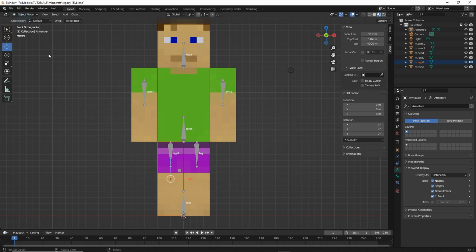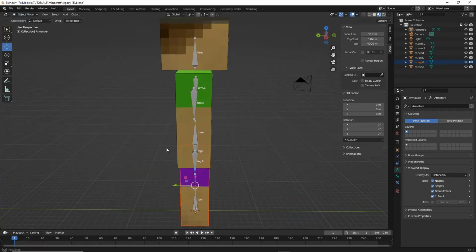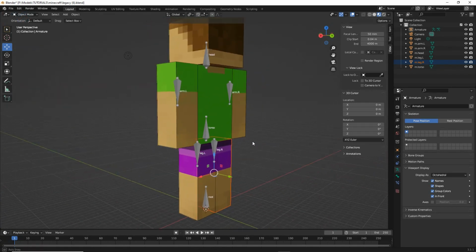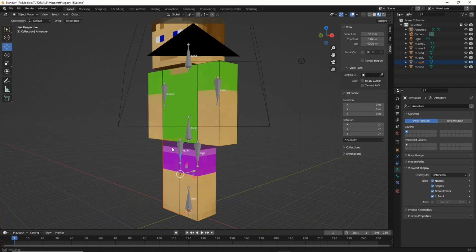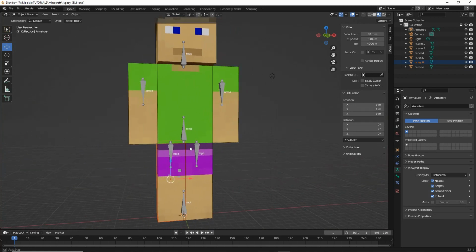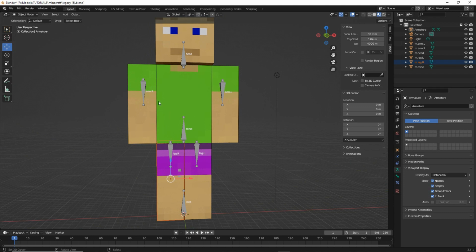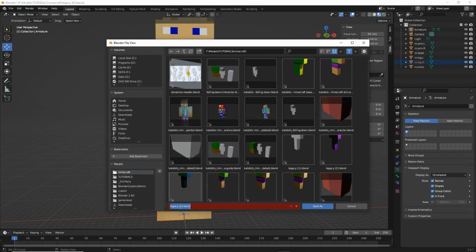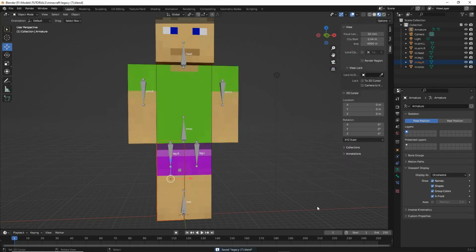Let's exit into object mode, take a quick look, and the character. So that's the basic setup in terms of the bones that we need. So let's just save this. File, save as, and we've got another restore point if we need to, because the next step is to now